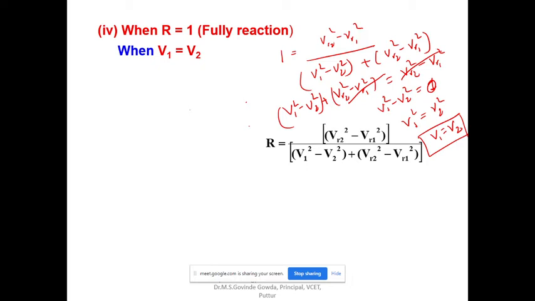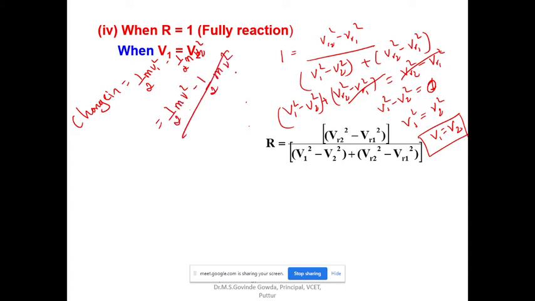Why do we say that? Because the inlet velocity and the outlet velocity have to be the same here. Are you understanding? So basically, what is the change in kinetic energy given by? Change in kinetic energy is given by half m V1 square minus half m V2 square. Correct? Now V1 is equal to V2. That means half m V square minus half m V square. So that becomes 0. So that means there is no change in kinetic energy when the fluid flows through the turbine.